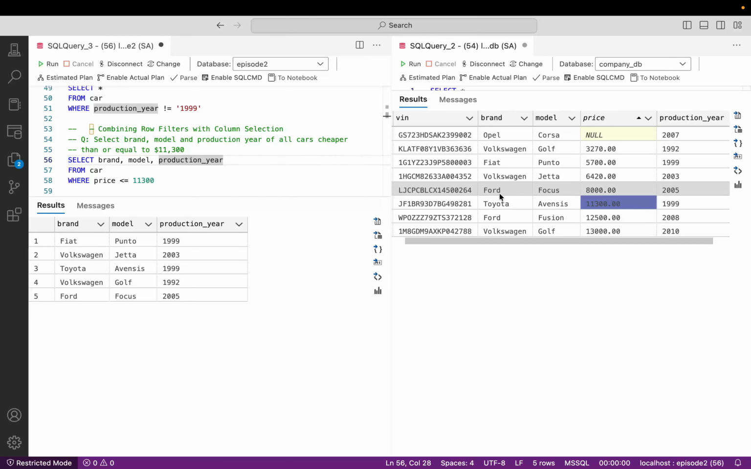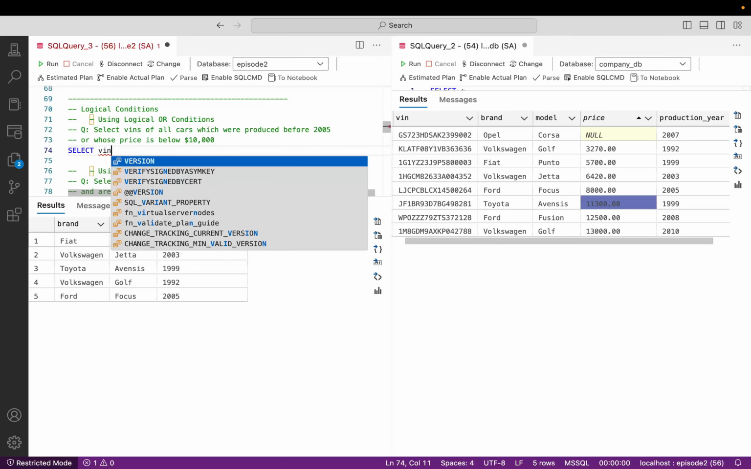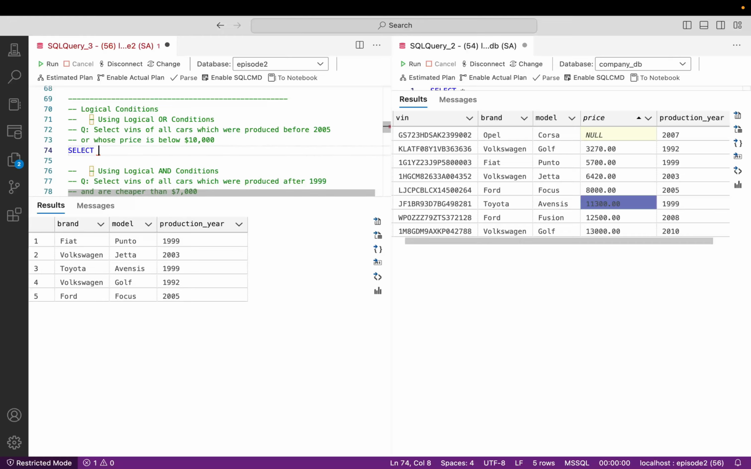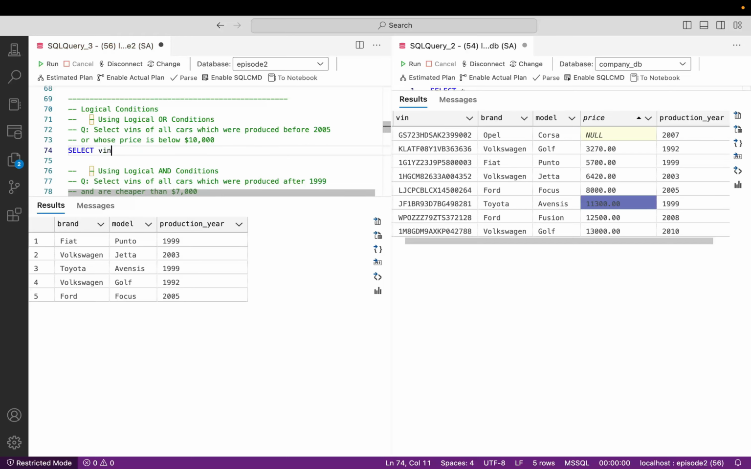So let's come to our next topic, logical conditions, where we have to select the VINs of all cars which were produced before 2005 or whose price is below 10,000. So how can we do that? We can do that by using the OR operator. So let's select VIN from car